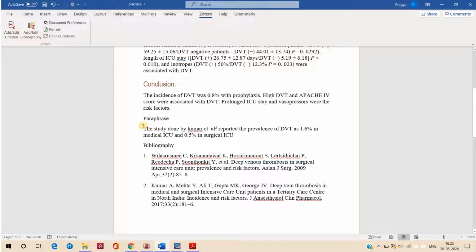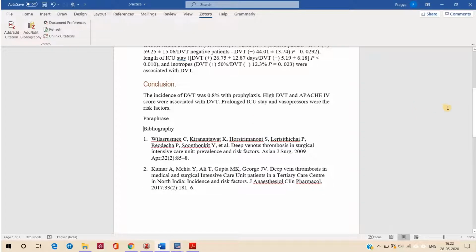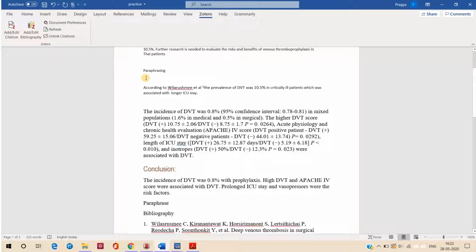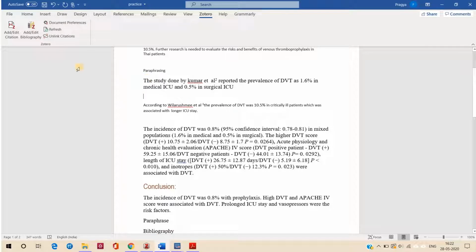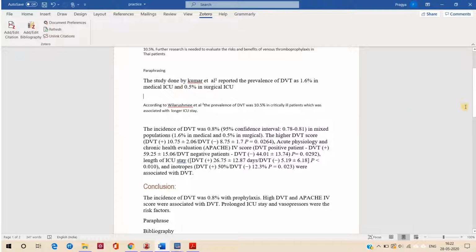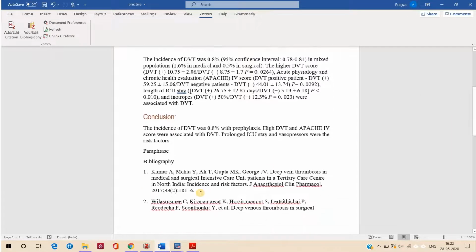If you want to change the sequence, if you want this to be before this Villarushmi, you can press cut and paste this and refresh this. So you will see that Kumar et al. has gone on the first place and Villarushmi has gone on the second place. So similarly, you can change the sequence of your citation and it will be automatically refreshed in your bibliography section.